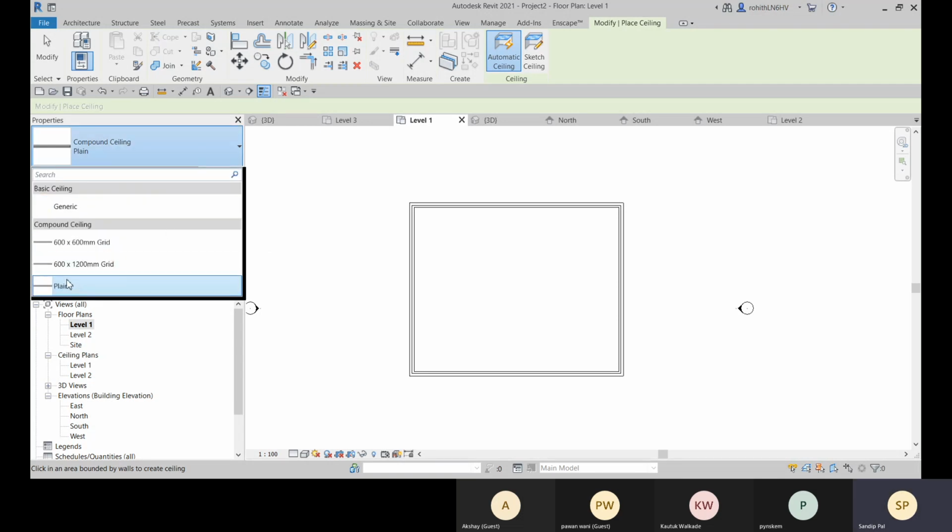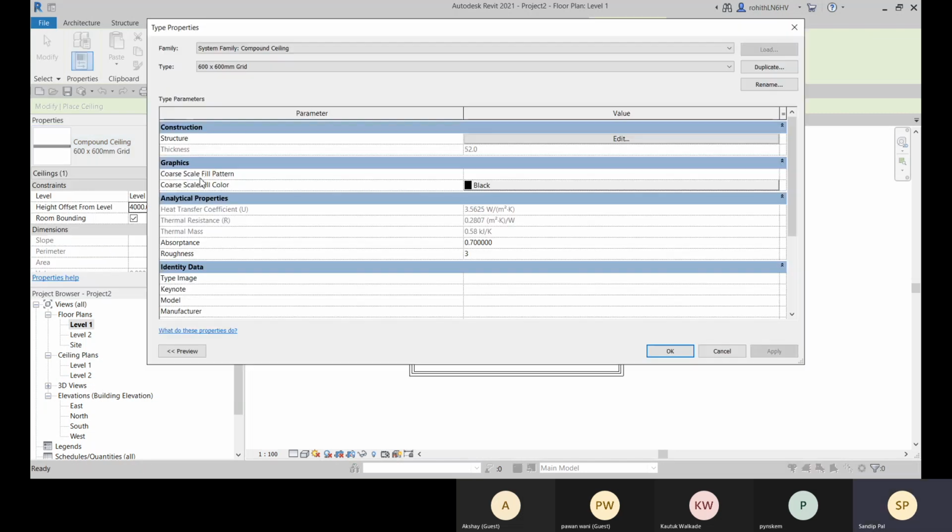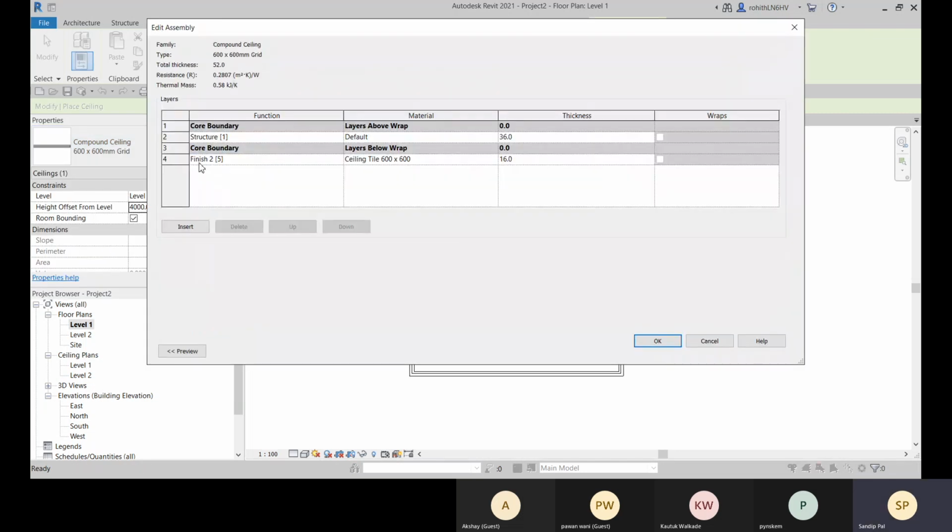And here we have all these things, like for the compound ceiling. Compound means when you have extra layers, two or more layers added. You can go to edit type and there you can see another finish 2 is added.